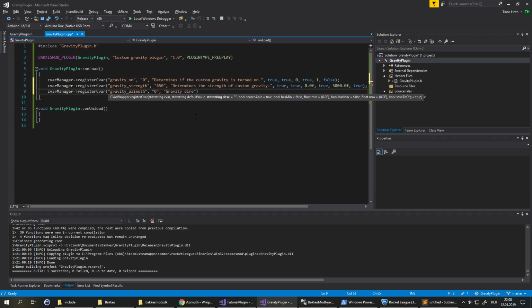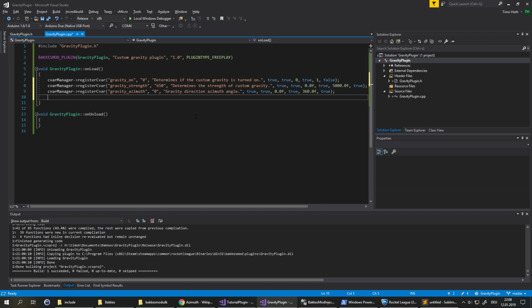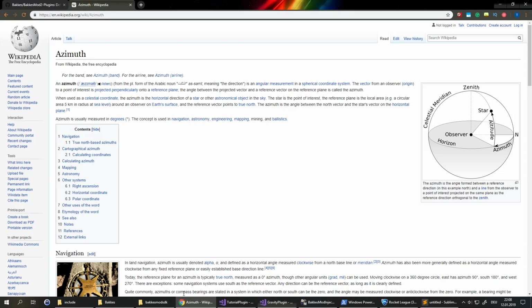This is the gravity direction. And then we want the searchable. Minimum is 0. Maximum is 360, because that's the system most people are used to. Want to use it in degrees. And then we need a different angle, which is called,